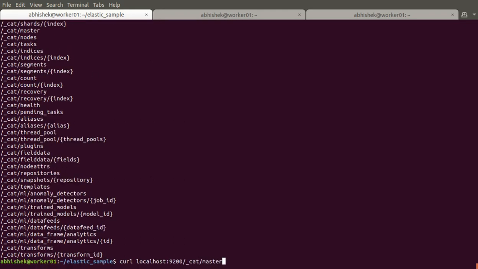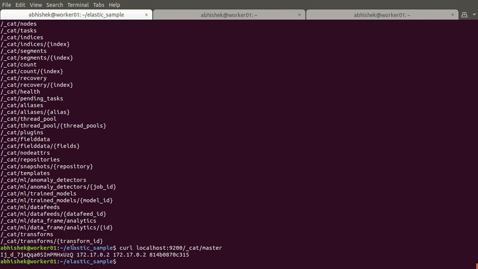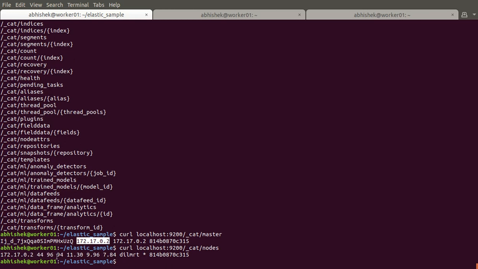For masters, here you can see there is a single master running, as we are creating a single node cluster, so there is a single master, and for nodes there is a single node. And if you notice that the IP of node and the IP of master is the same, it means in a single node cluster the master also serves as a node.